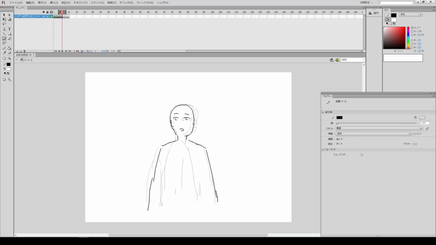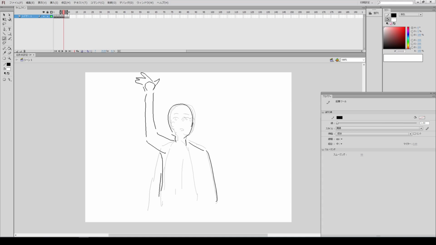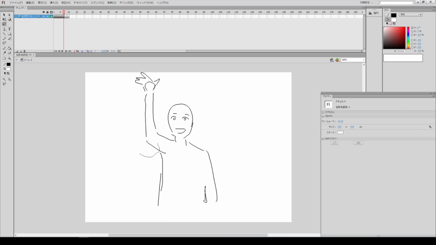The body is also moving. Let's say it raises its hand. Let's think of the current key animation placement. There are 4 drawings, which is a very Japanese way.